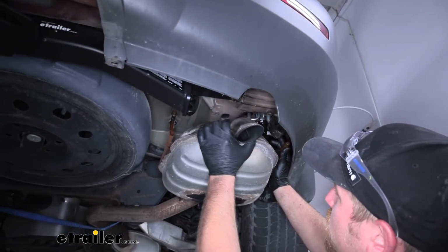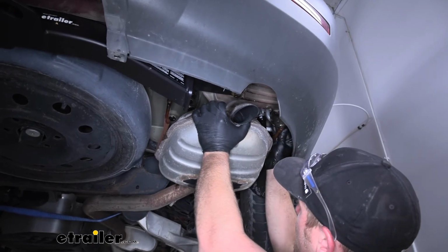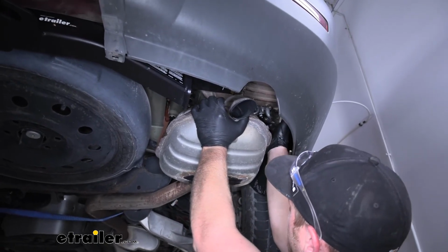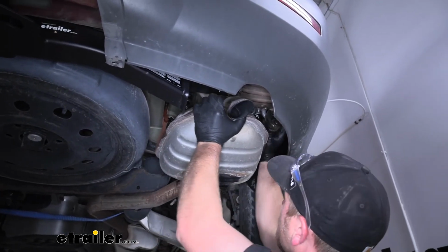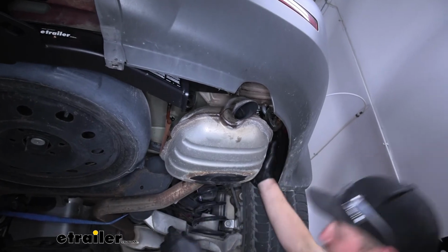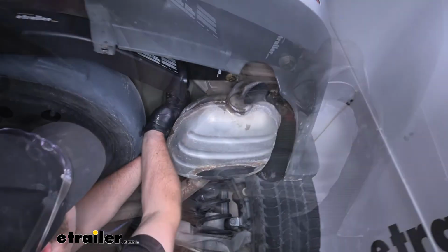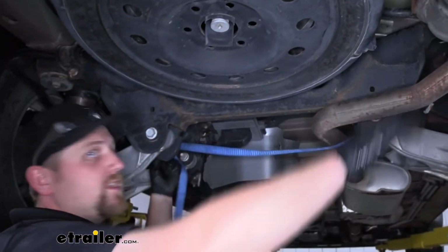Now that we have our hitch torqued, we can rehang our exhaust. We'll just do this by hand this time. Again, it does help to spray those down. Just slide the hangers back in place. Now that it's supporting itself again, we can go ahead and